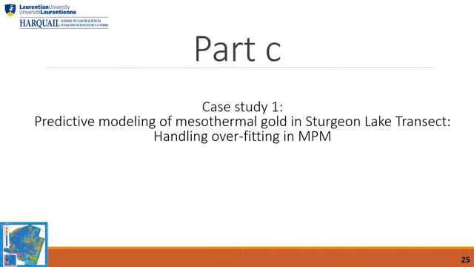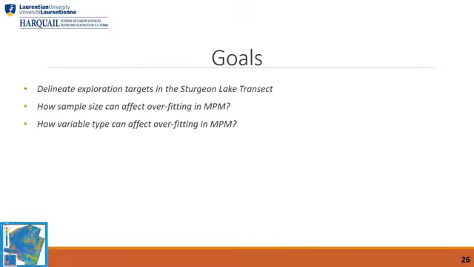So I'm going to start our first case study, which is the predictive model of mesothermal gold in Sturgeon Lake Transect. And what we want to do is try to handle overfitting in our model. So these are the goals that we have in this case study. The first goal is to for sure delineate some exploration targets. Then what we do is try to assess the effect of sample size for mineral potential mapping and on the problem of overfitting. And after that, we try to assess how variable type can affect